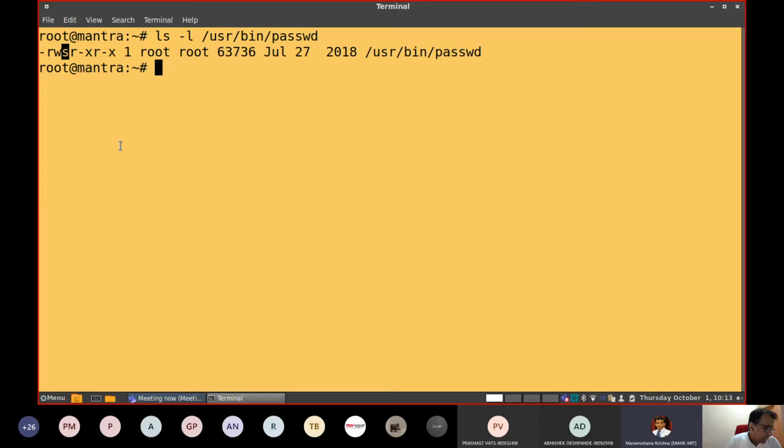This letter s in the user category of the permission field represents a special mode known as set user ID. This mode lets a process have the privilege of the owner of the file. Listen carefully.